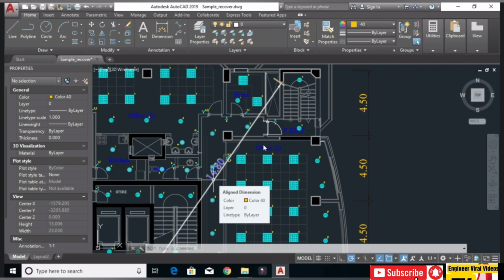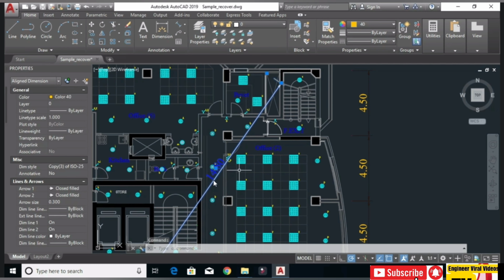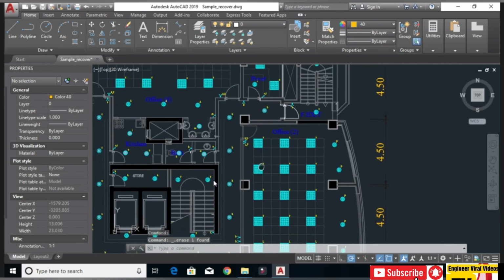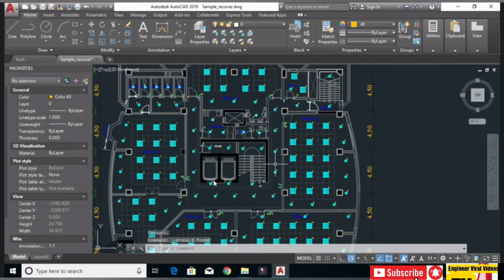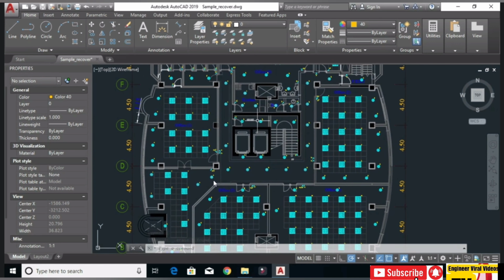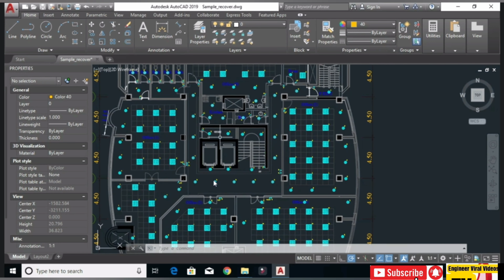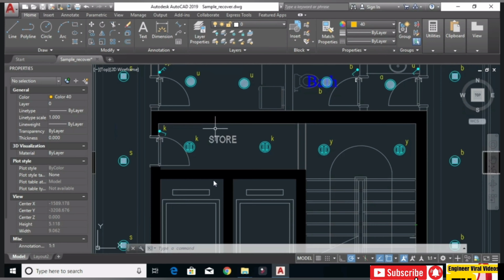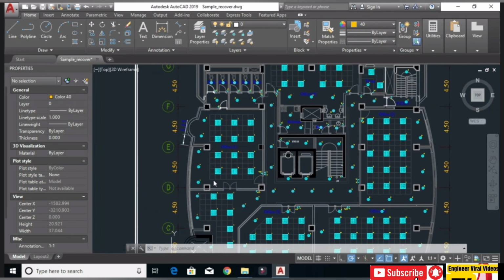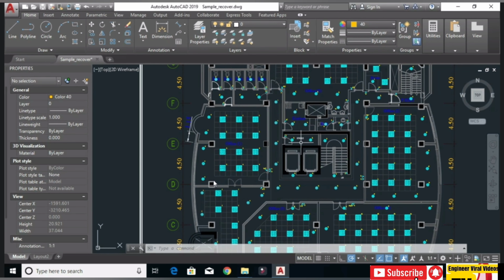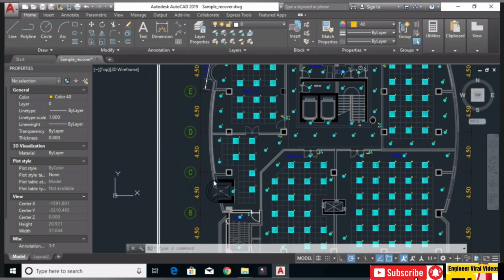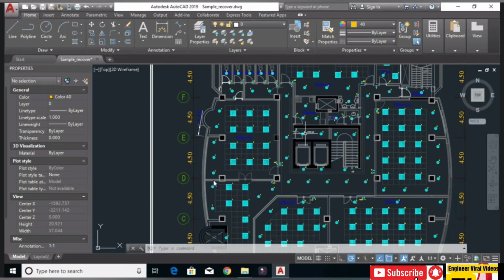It will not exceed the 25 meters. Now I will put my panel board in the center. Suppose I must choose that area, for example, maybe here in the store,